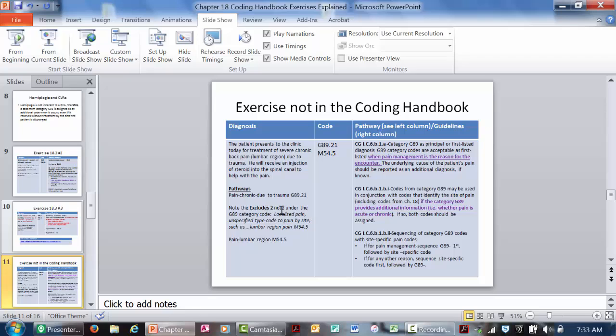As a reminder, excludes 2 notes mean you can code this code and this code. If you had an excludes 1 note, you could only code one of those things. And here's the guidelines. They are in a similar family. That one is